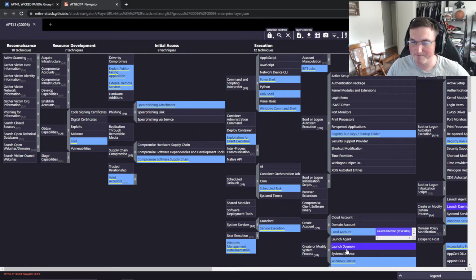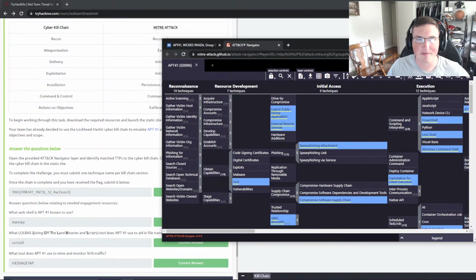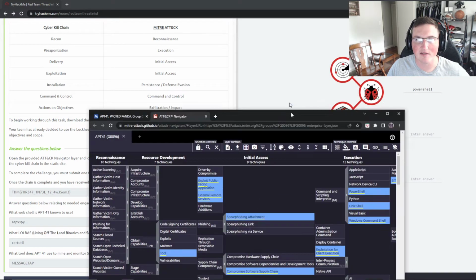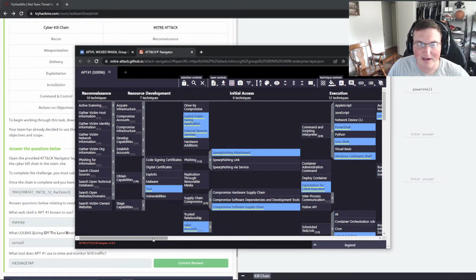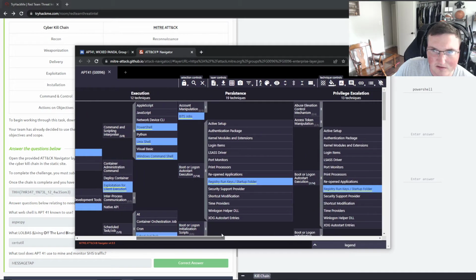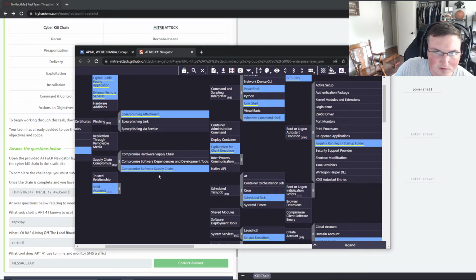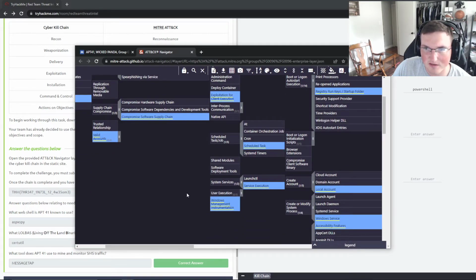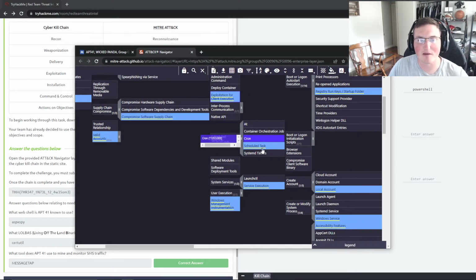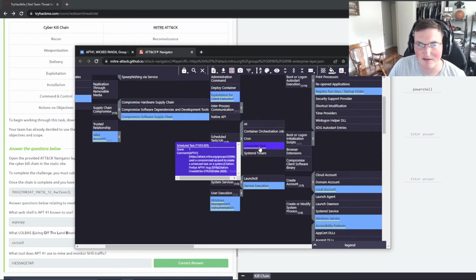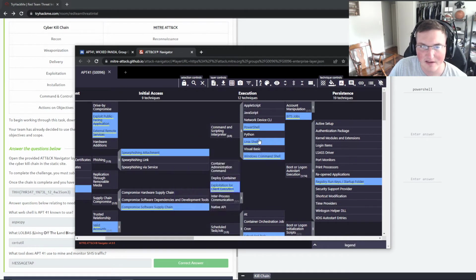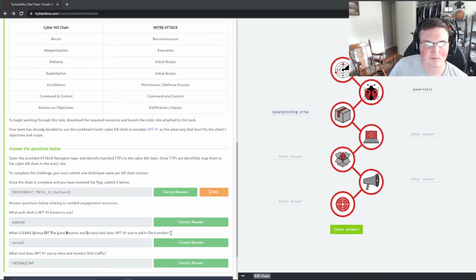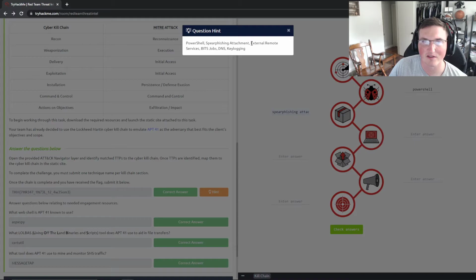So what we're looking for is the next step in the kill chain, which is delivery, I believe, right? Delivery. So what we need to find is under delivery. Let's see if we can find it here. And here's what takes forever: you have to read all these, basically. You don't have to read all of them, but I wish there was a way to click on one and have it pull up off to the side instead of doing it this way. But basically, if you're going off their hint, which you can see here, I didn't realize they were in order, otherwise I wouldn't have told you to do that.